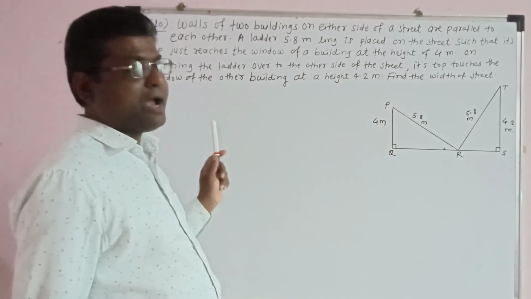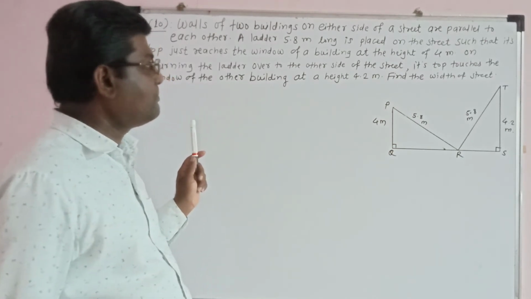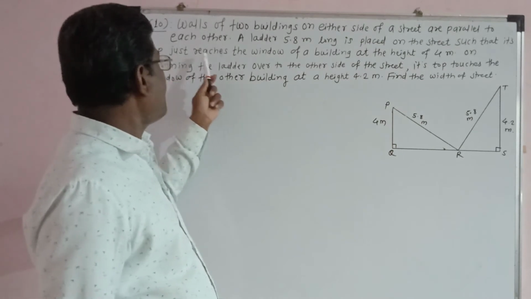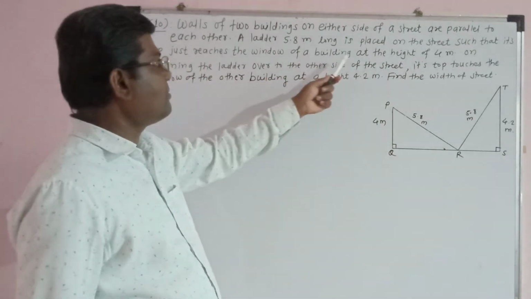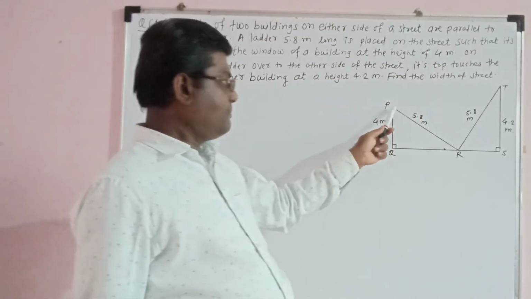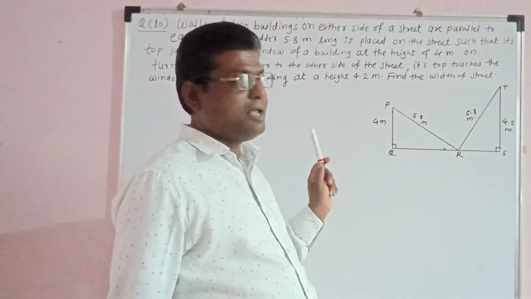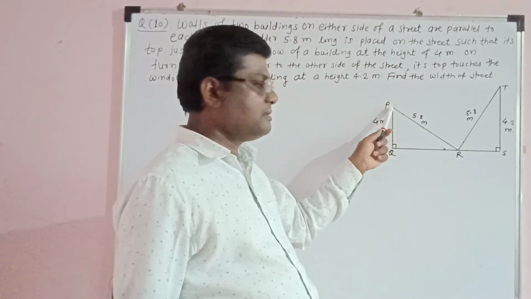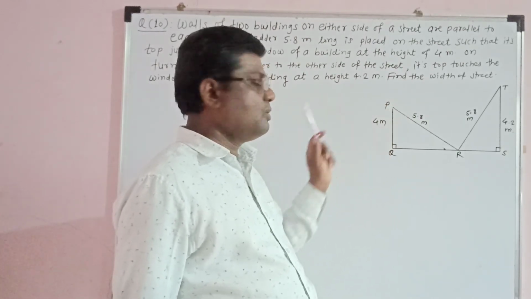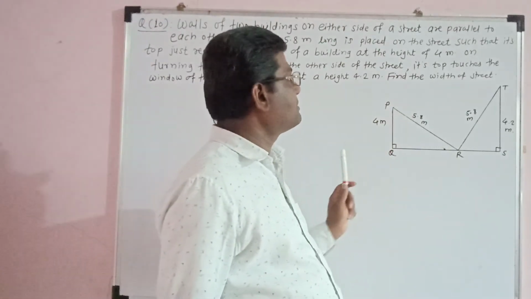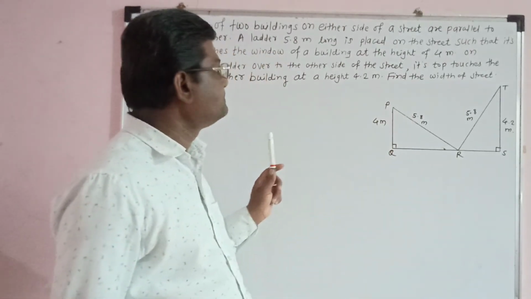A ladder 5.8 meter is placed on the street such that its top just reaches the window of a building at the height of 4 meter. PR represents the length of the ladder, that is, this ladder reaches the window P when it is placed from the street,